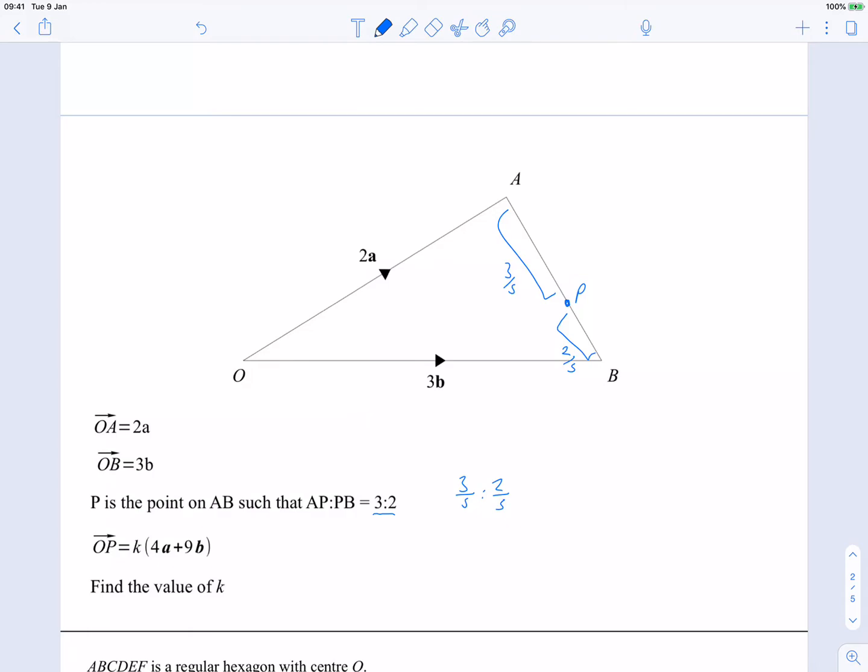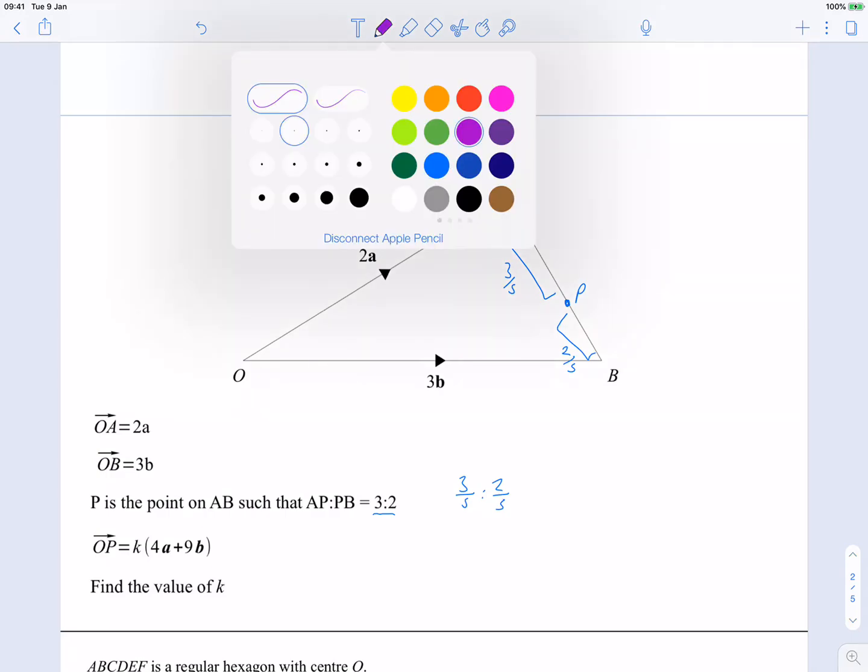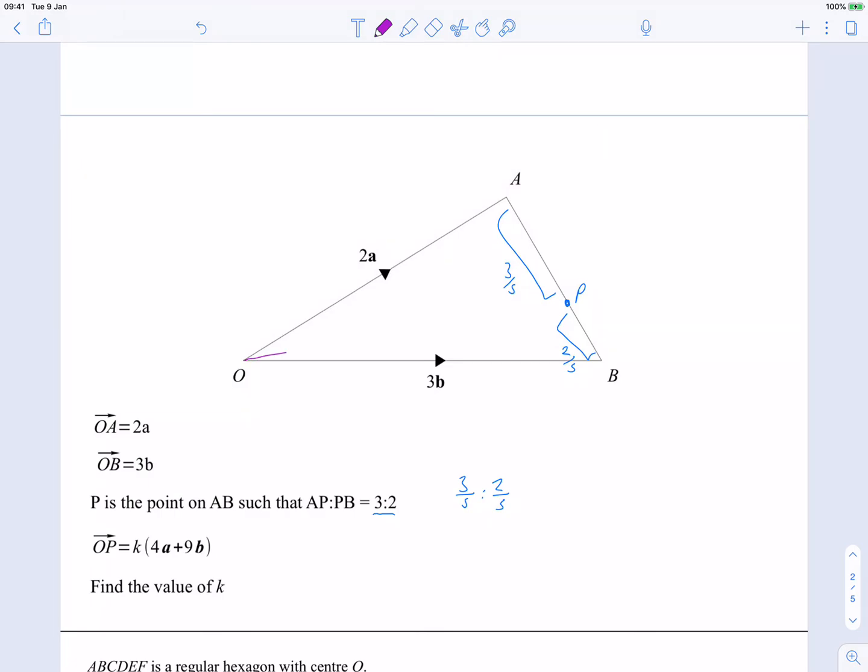Okay. The question is asking me to show that O to P is some K times by 4A plus 9B. What's the value of K? Okay, so what am I trying to do? I'm trying to go from O to P, like so, like that. Now there's multiple ways you could do this. You could either go from O to A and then A to P, which is perfectly acceptable, or you might want to go from O to B and then back up B to P. And the way I like to do this